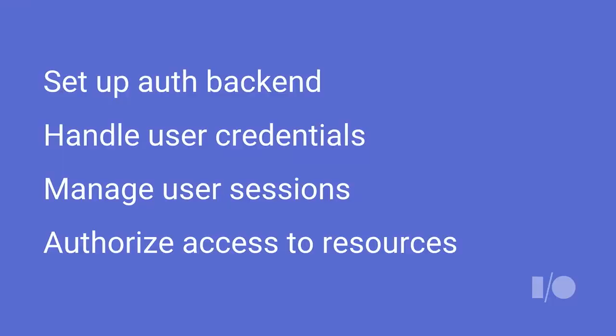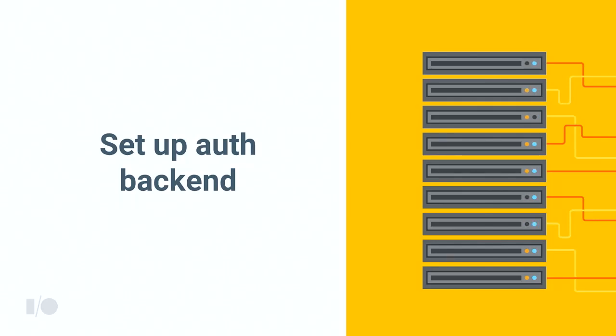When you're building your own authentication system, you'll be going through some steps that look more or less like the ones pictured below. You will begin by setting up your authentication backend, and you'll end up authorizing your users into your own backend resources. When setting up your authentication backend, you want to ensure, first, that it's secure, because if not, your users' data may get compromised. And second, it has to be up all the time. If not, your application will probably go down with it.